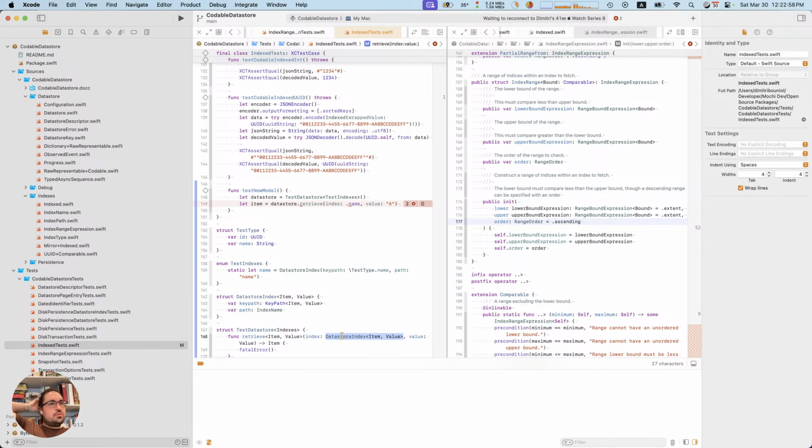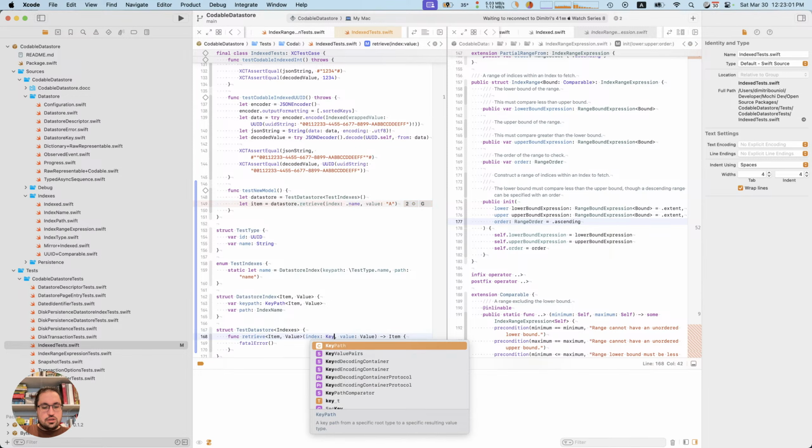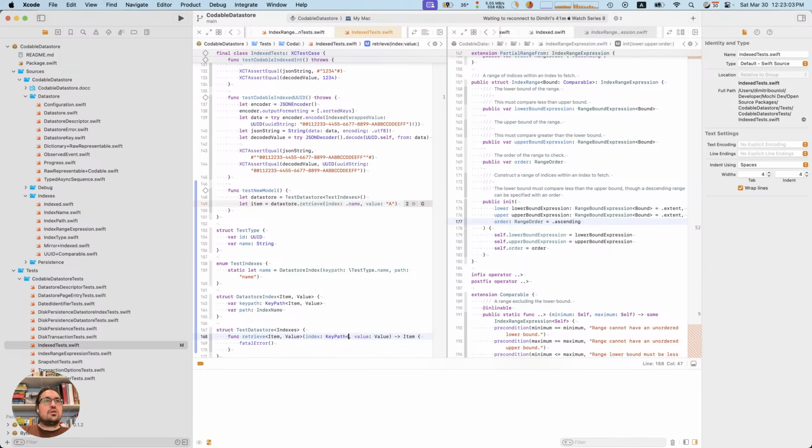We can probably say key path of indices that returns, let's bring back the old one. Okay, and that returns one of those crazy things.